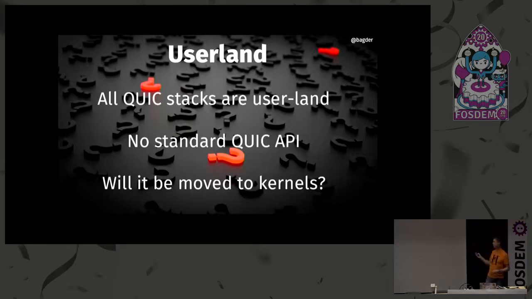I know there are some efforts to do it, but there are also some new fun interactions between Quick and HTTP3, which should be in the kernel and how. And would anyone writing a kernel really want a new sort of TLS implementation in the kernel? I don't know. I have my doubts that it'll be a fast development. So I don't think so in the near term.